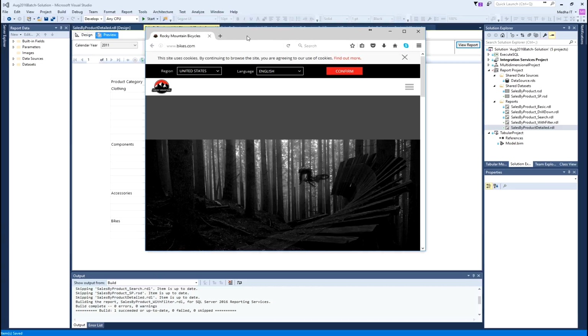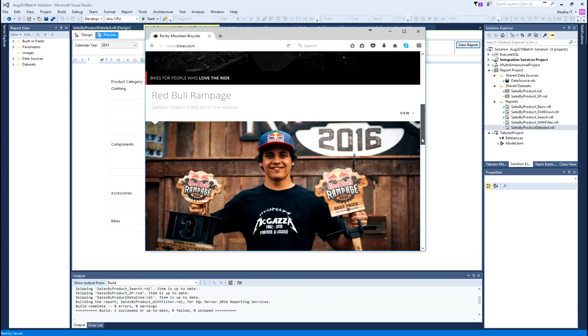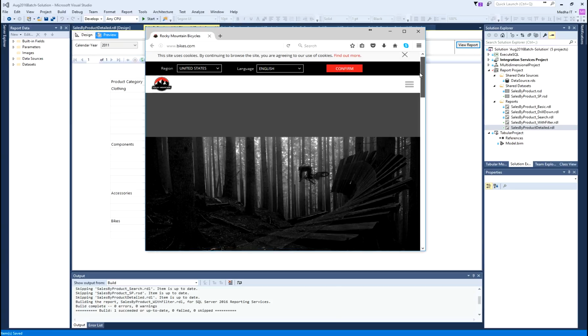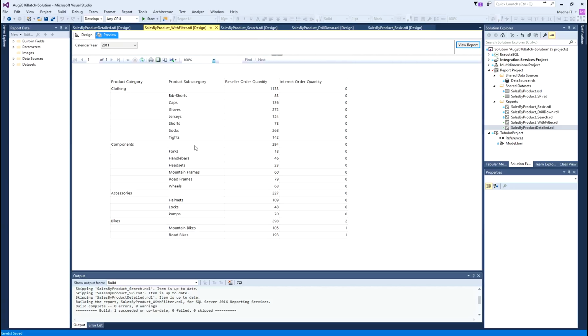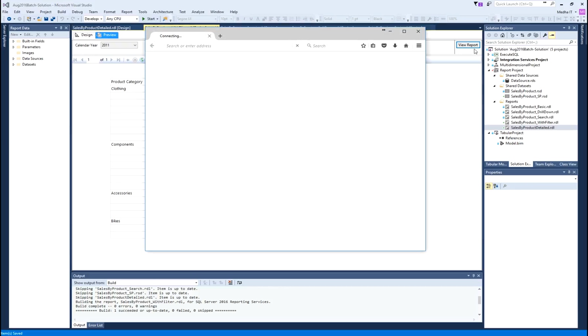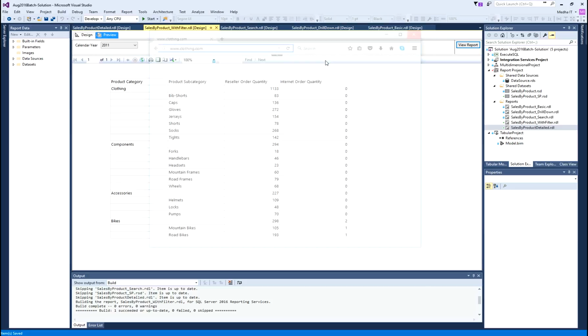So, it is opening a website called bikes.com. Apparently, there is a website called bikes.com. So, it is forming the URL www.bikes.com. Similarly, clothing. If I click clothing, I am not sure if there is a website called clothing, but anyway, that is how we can use